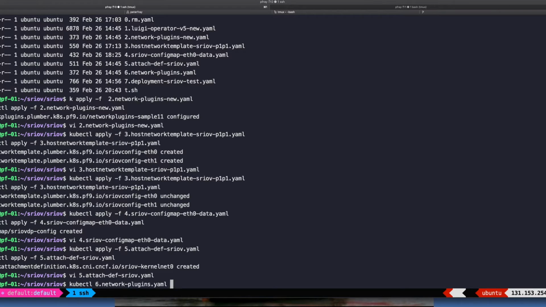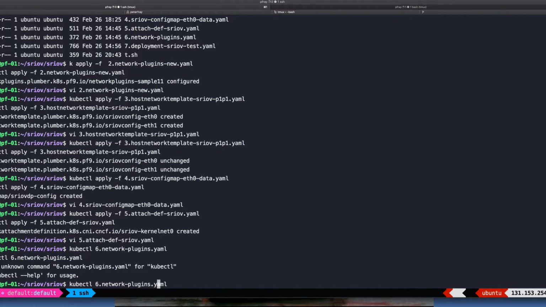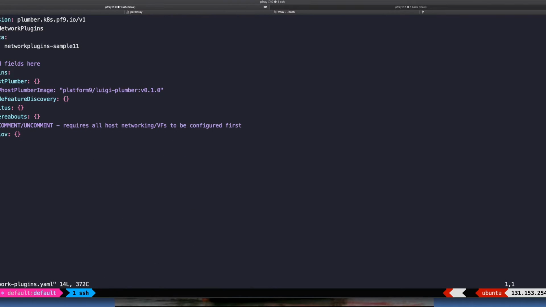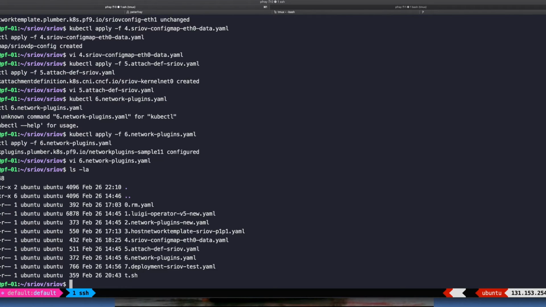Almost done here. 6 network plugins. Okay, oops, kubectl apply. Network plugins. VI 6. Okay, this is the same network plugins that we used before with host plumber, node feature discovery, multis, and whereabouts. But we also have included SRIOV is turned on now. Okay, and then if I ls here, my last file here is 7, which is going to deploy a deployment,